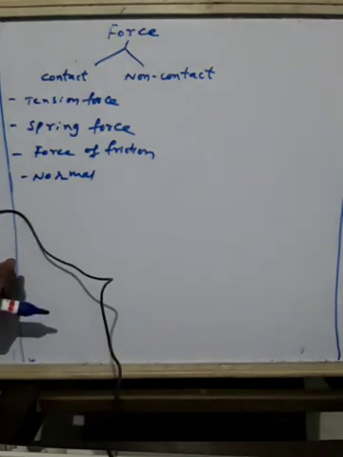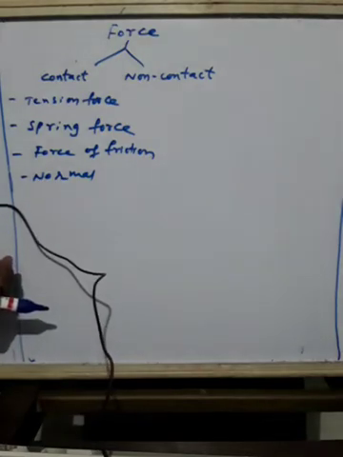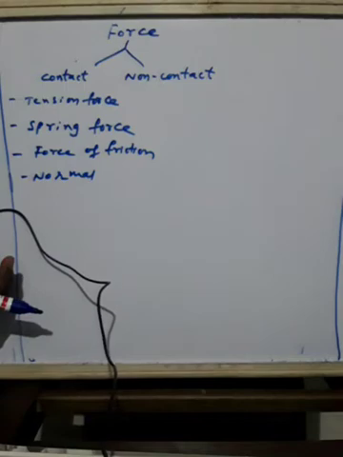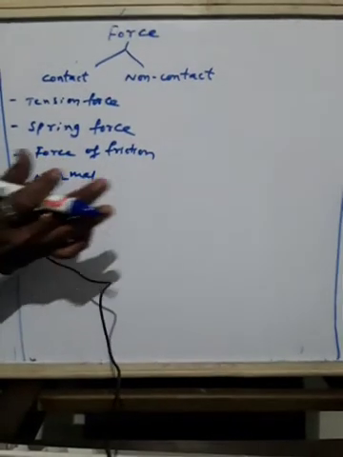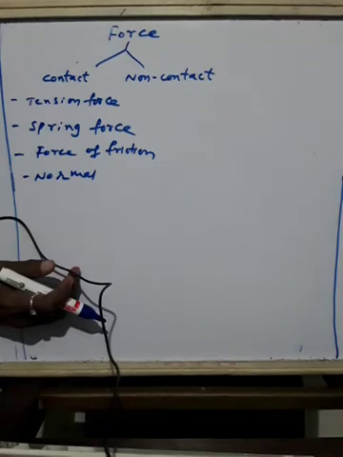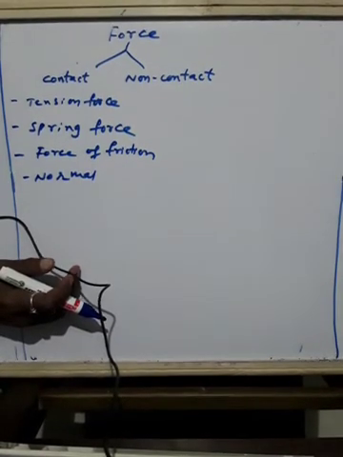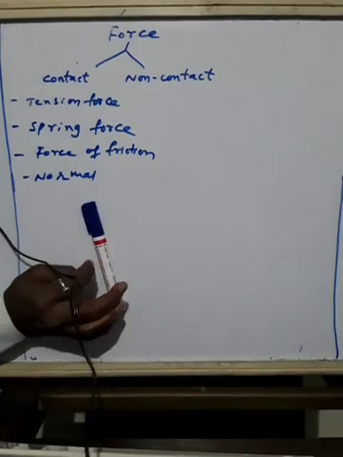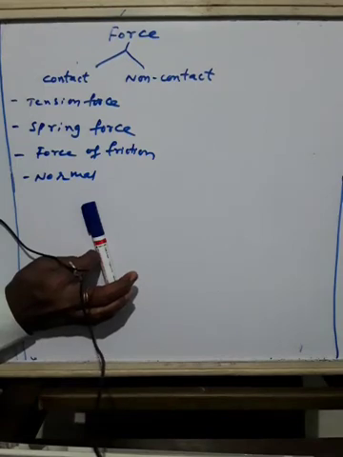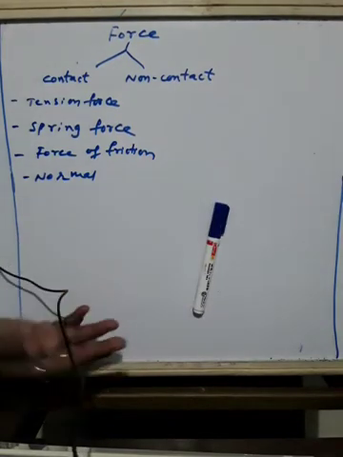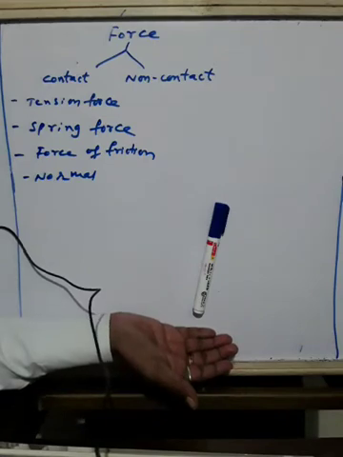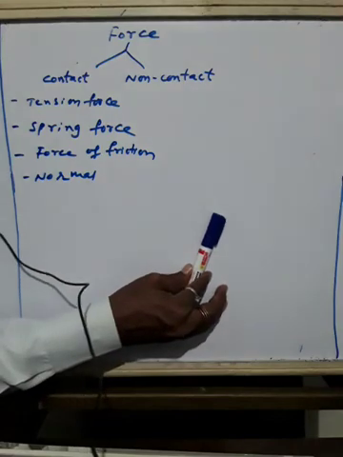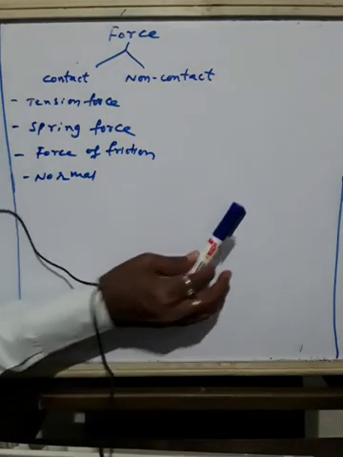Then force of friction. The force that opposes motion is called friction. It is applied by one surface over another. The best example is a carom board. The striker on a carom board comes to a stop after we strike it because of the force of friction. So when you are playing carom, or you take this pen, if I push this, it will move, but after some time it will stop. Why does it stop? There is a force acting opposite on the pen. Such a force which is opposite to the motion of an object is called force of friction.